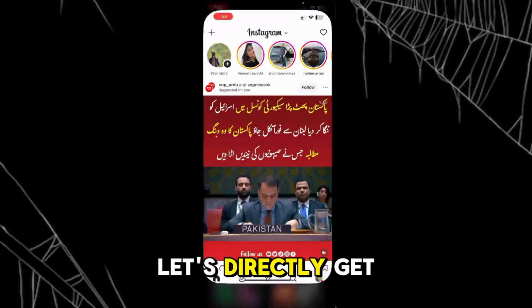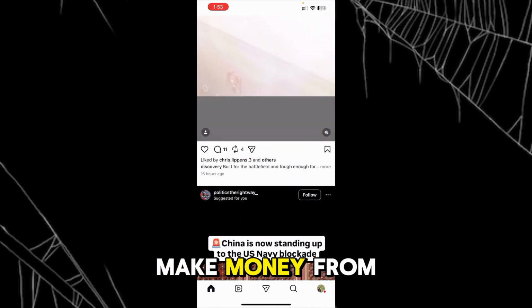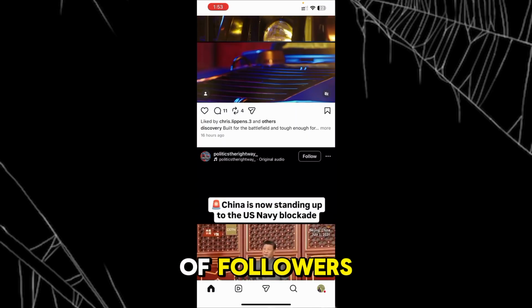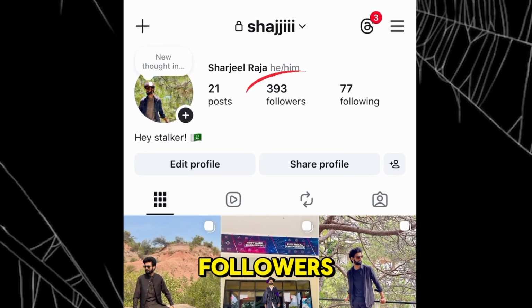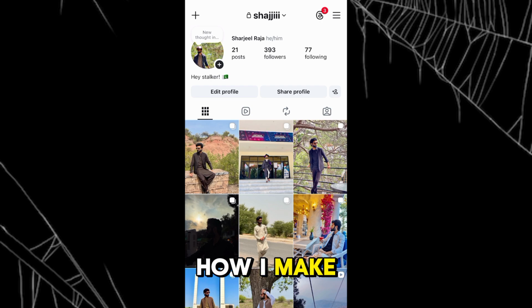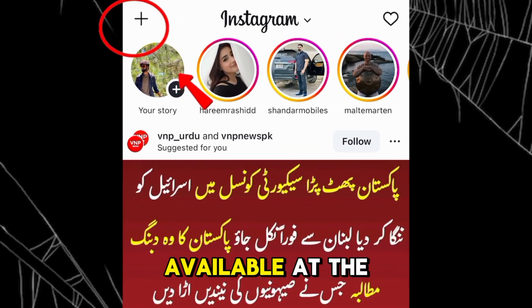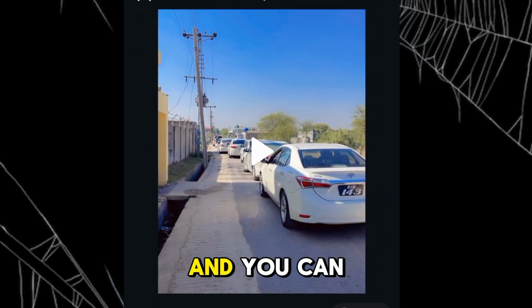So without wasting time, let's directly get to the point: how you can make money from Instagram with a low number of followers. You can see that I only have 393 followers, and let me tell you how I make money from my account. Tap on this plus button available at the top left corner of your screen